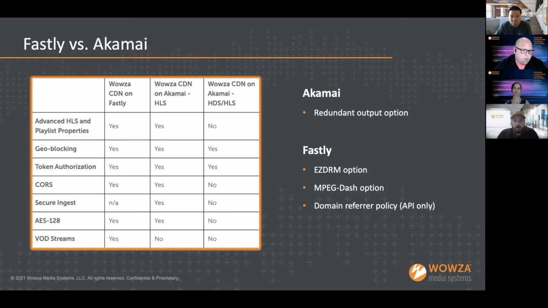So what you can do with the referrer policy is you can go in and you can say, I only want this played back from mycoolstreams.com. And so when that request comes from mycoolstreams.com, that reference of the domain is in the header. Fastly sees it and says, you can have it. But if it comes from rosesawesomesite.com, they'll reject it. It'll get a 403 forbidden.